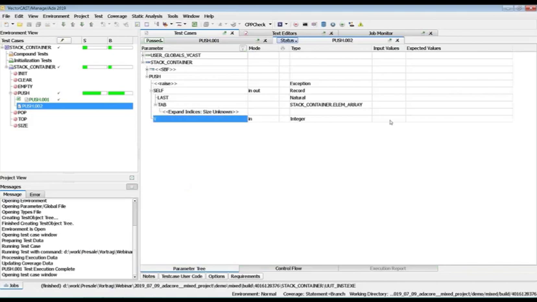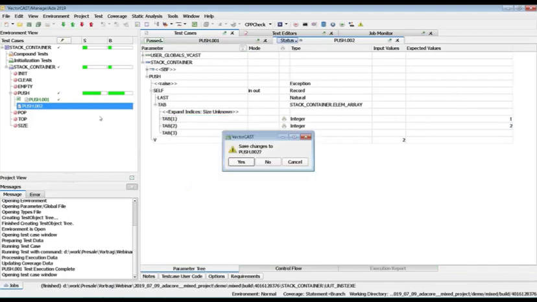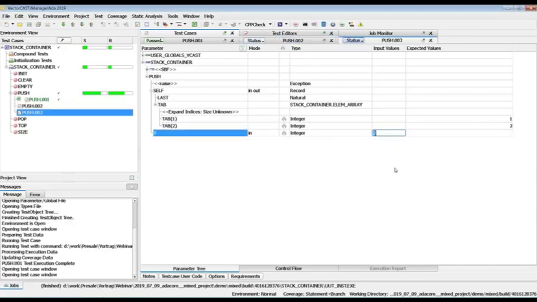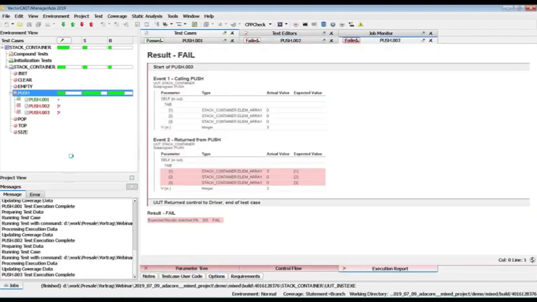We add value 2, and we expect 1 and 2. And let's just duplicate this test case. And then we add element number 3, and we check that it is at the stack. Now, when we run these 3 test cases, we will see something surprising, which is we have 1 passing test